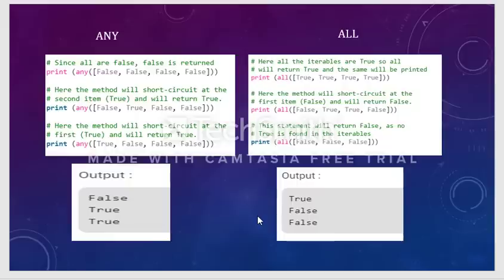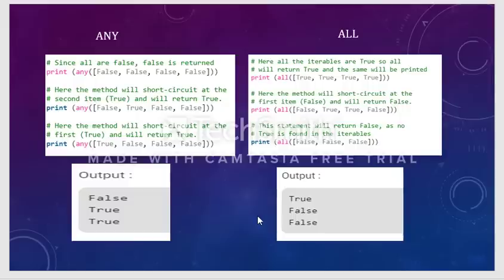So I have given three conditions for you. If all the three conditions are true, then only you will get the job. So for example, if all the three conditions are true, then only you will get the job. If any one of the conditions is false, you will not get the job.